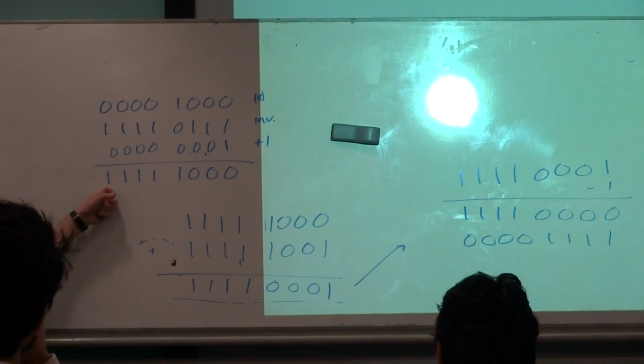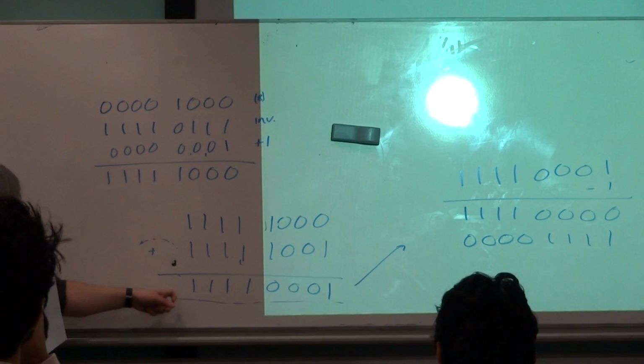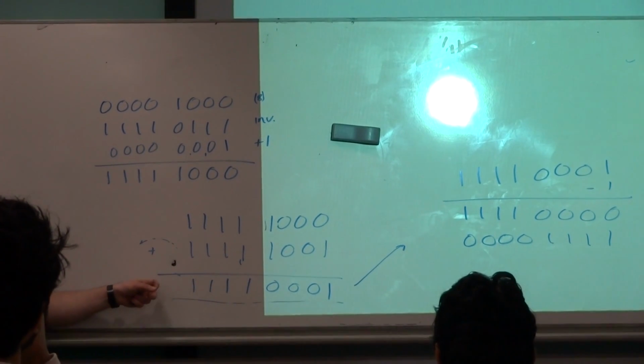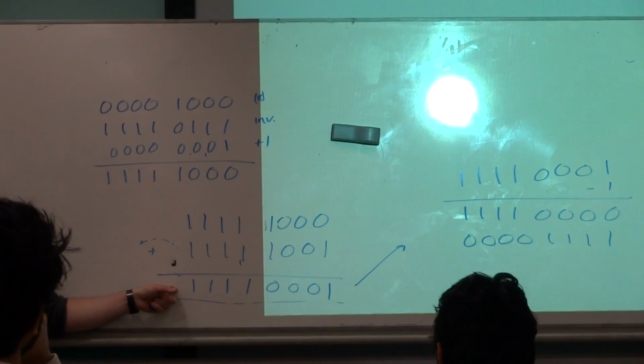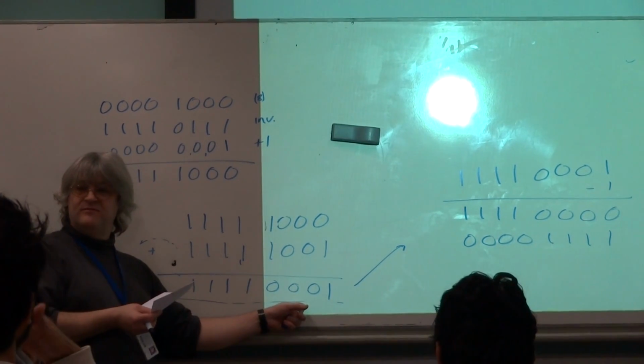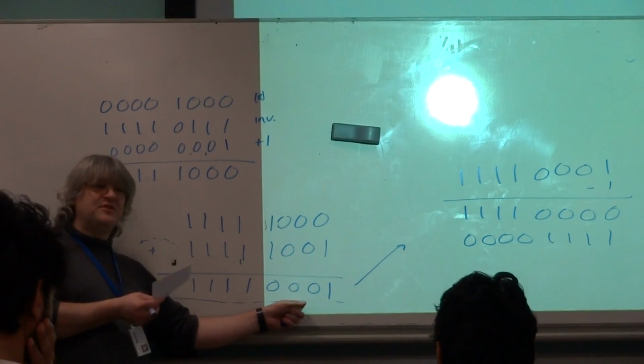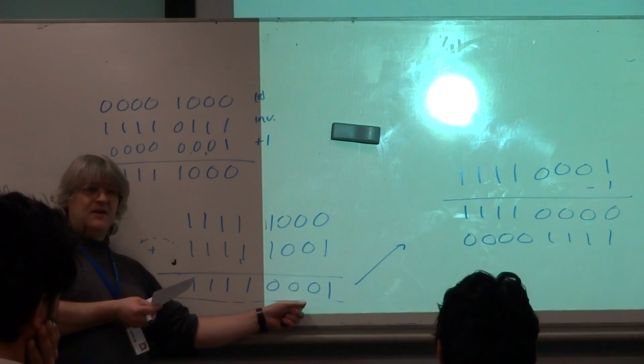So what we wrote here was, which one was the result? Was that the result? Well, that was the result, wasn't it? I can't remember which one. This result was correct. But it's hard to look at and just say, oh, well, that means this number. Because this is a 2's complement representation, because it's a negative number. But if we want to know the magnitude of this negative number, the only way we can do it is